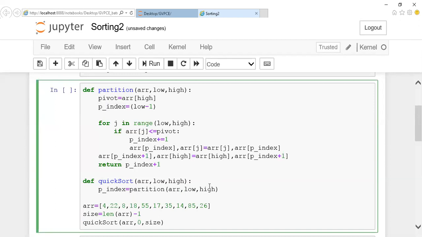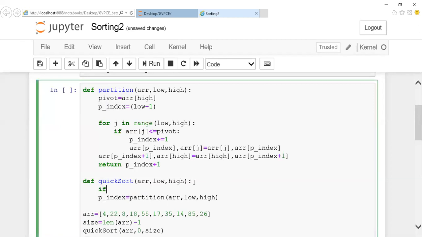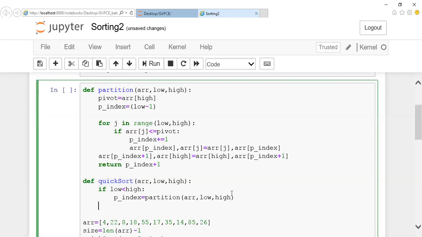This is done. So until when has this to be done? Until your low index is less than your high index. So if this crosses, which means that there is only one element in your list, it is not required to partition again. So this is done. So after doing this one, what should I do? I'm supposed to take my left array and right array. This process has to be completed. So I'll take my quick sort process again.